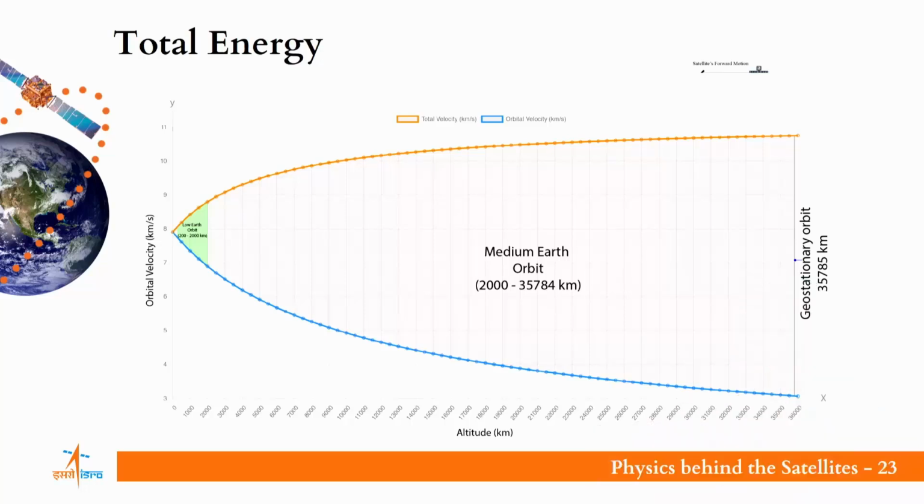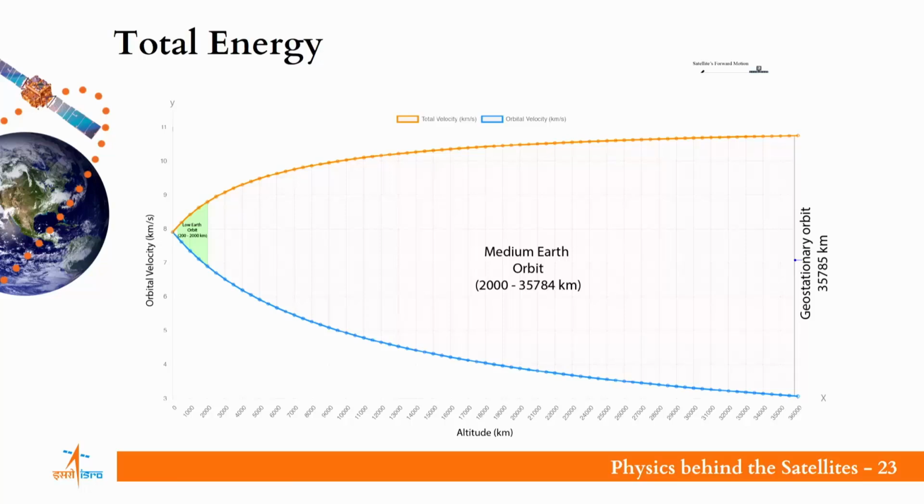From the above graph, if you enter the altitude of low Earth orbit, middle Earth orbit and high Earth orbit, we can find the exact value of orbital velocity VO and total velocity VT. Low Earth orbits lie between 180 km and 2000 km from Earth's surface. So VO to stably be in the low Earth orbit is from 7.8 km per second to 6.9 km per second, and VT to reach there should be from 8.018 km per second to 8.804 km per second.